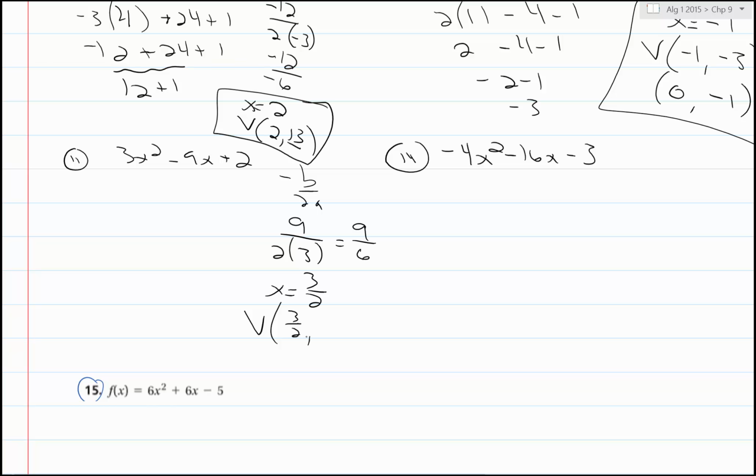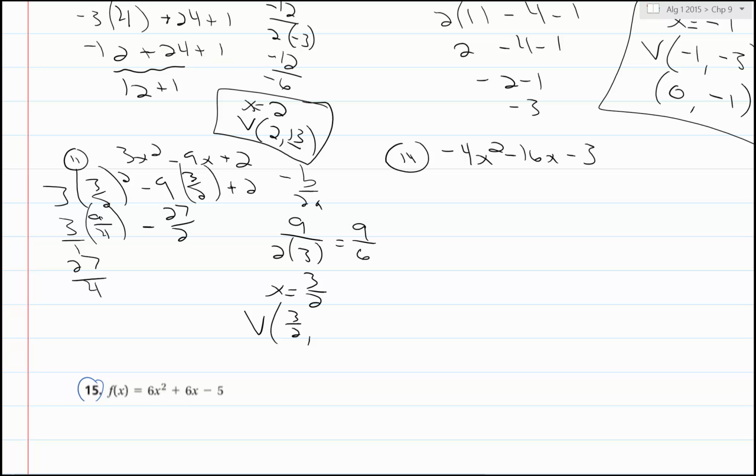Okay, so this was kind of the tougher one of what's going on here. I think the other ones divide nicely. So I get 3 halves squared minus 9 times 3 halves plus 2. So we're going to sub it in. You may use 1.5 in your calculator. I have 9 fourths, square the top, square the bottom, times 3 over 1. I have 27 fourths minus 27 halves